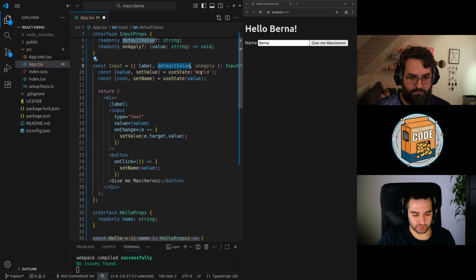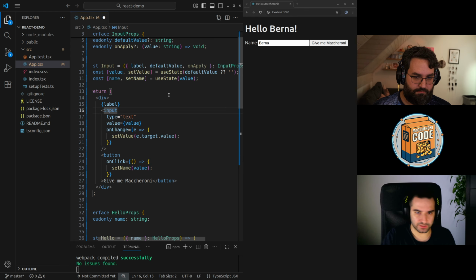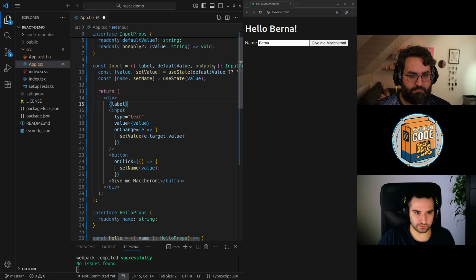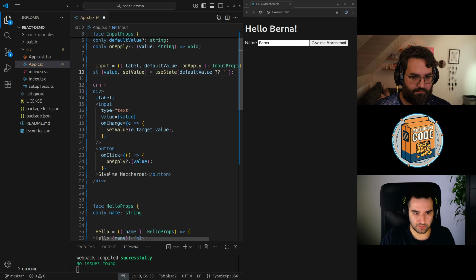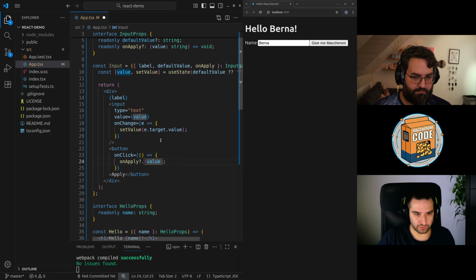Okay, you have the default value that is going to be the default value for the value. It could be undefined, so we can give a default to that value. And we have an onApply that is something that we can use inside the button. Okay, now the name isn't needed anymore, and also this button is an apply button, so to give a better name. So here it is.